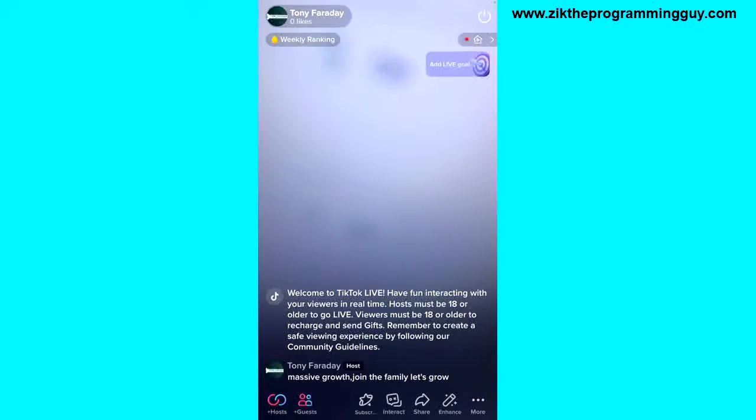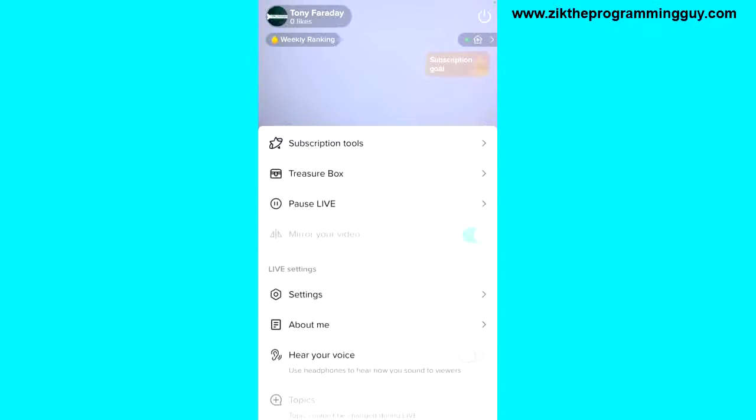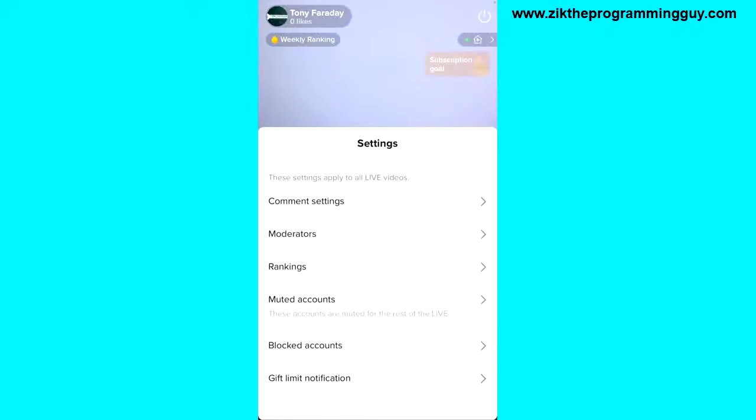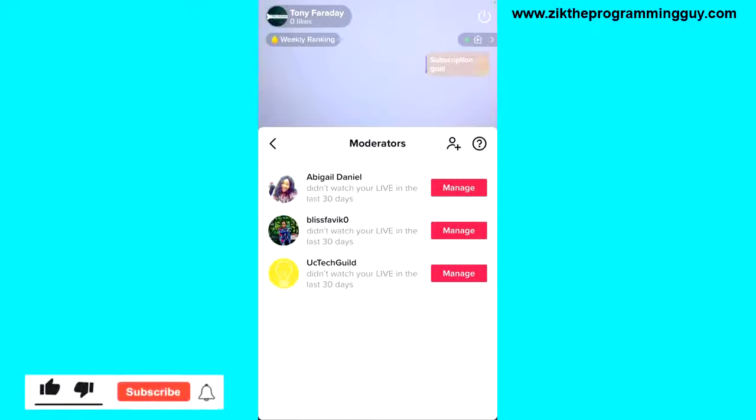three dots at the bottom right corner of your screen, and then you just have to scroll down and click on settings, and then you find the moderators option right there. Once you tap on it, you'll be able to find the people you made your moderator on your TikTok live. So guys, this is how you can find moderators on